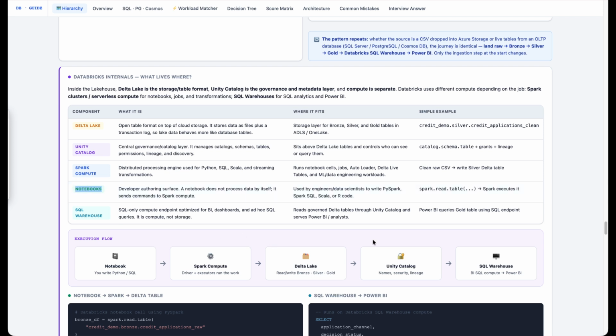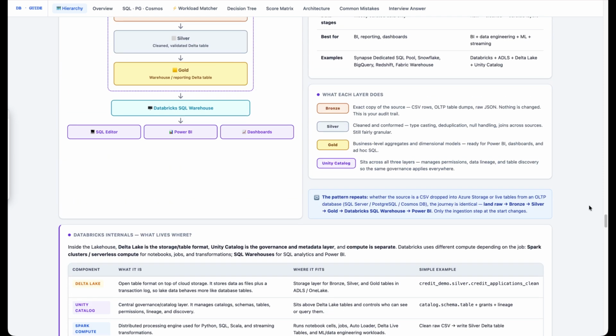And the notebooks, this is how you will interact with the data. Say you have a data file and you want to say, hey, read this data file. You have to write something, right? And to do that, you will be using these notebooks. And once the data is finally ready and available in the gold data layer,